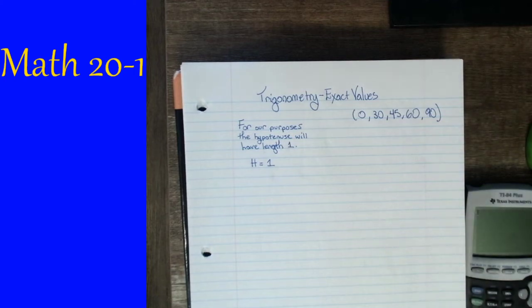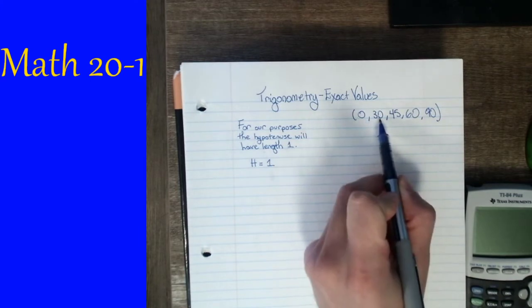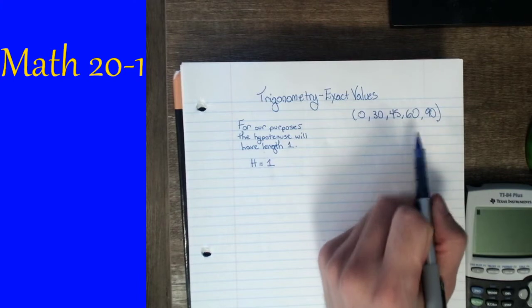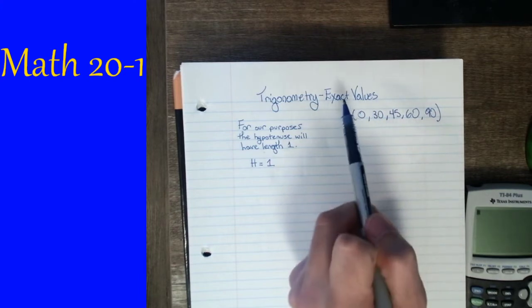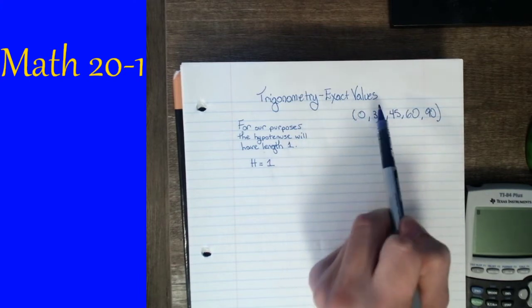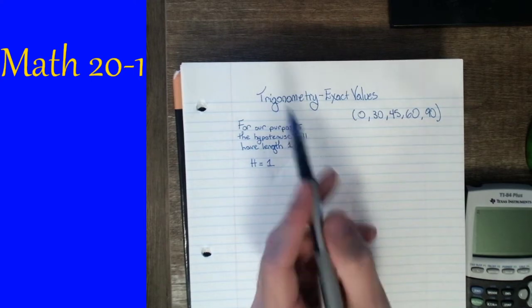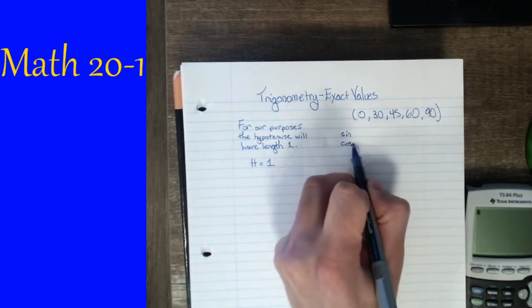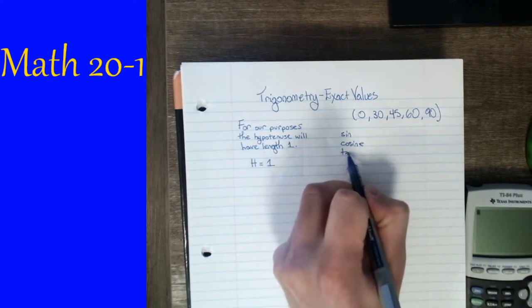Hey everyone, today we're going to be looking at the exact values of certain trig ratios at certain angles. So I've highlighted the angles 0, 30, 45, 60, and 90 degrees. We want to look at the exact values that trig ratios like sine and cosine and tangent give